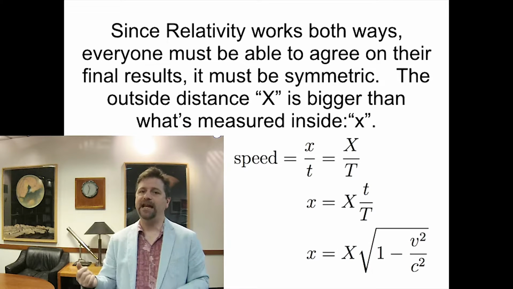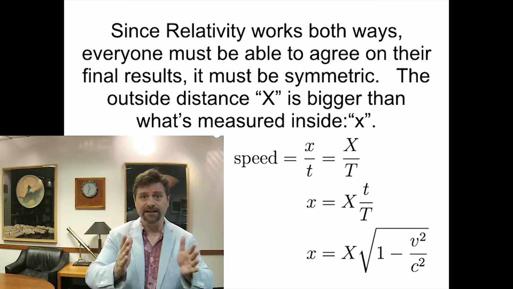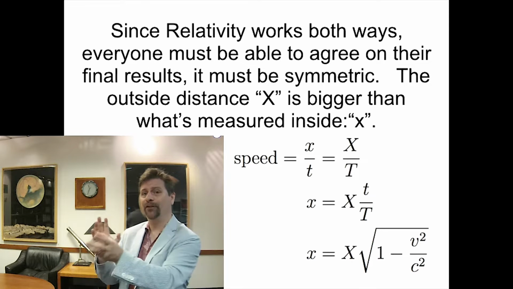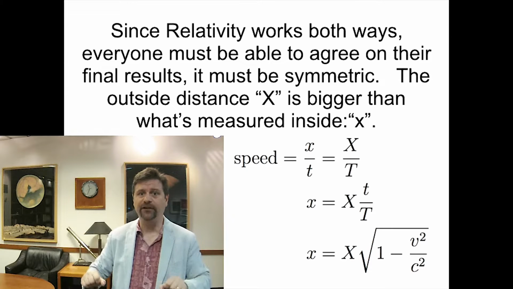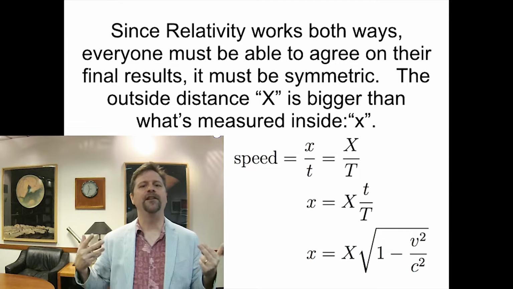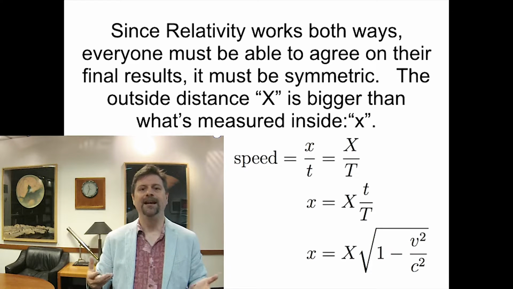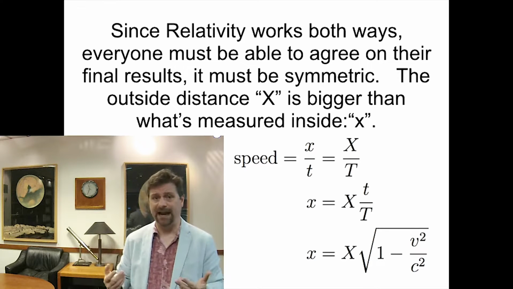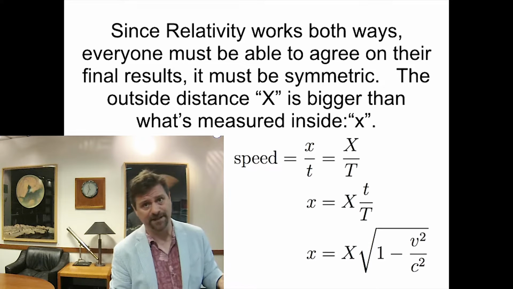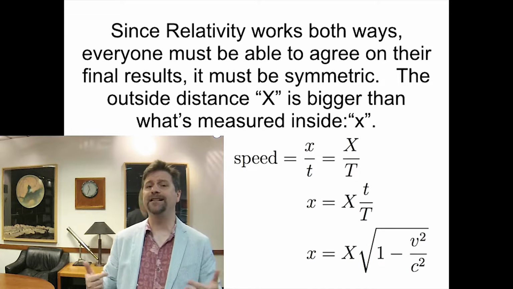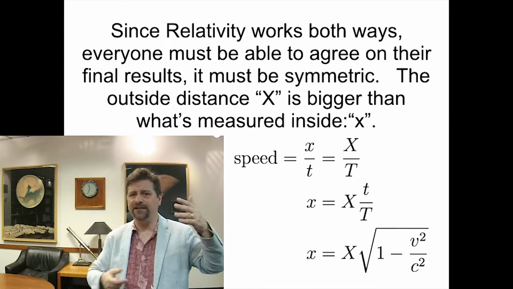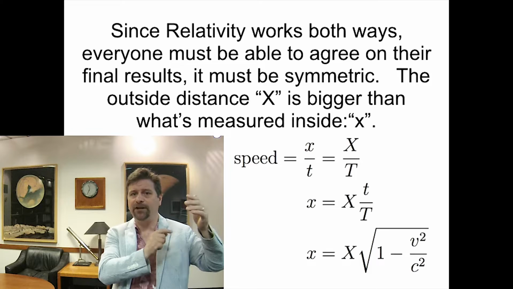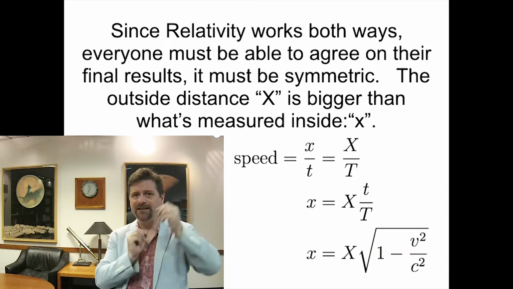And that speed is the same for both because it's a relative speed. So the person's measuring rulers, let's say, I got a ruler, I'm going to measure how big that looks when I'm looking at the window. So the distance, we already know that the clock times are different. So in order for the speeds to be the same, then the distances must be different, because the speed must be the same. It's just a change in distance divided by a change in time. But we already know the time is different and the speed is the same.